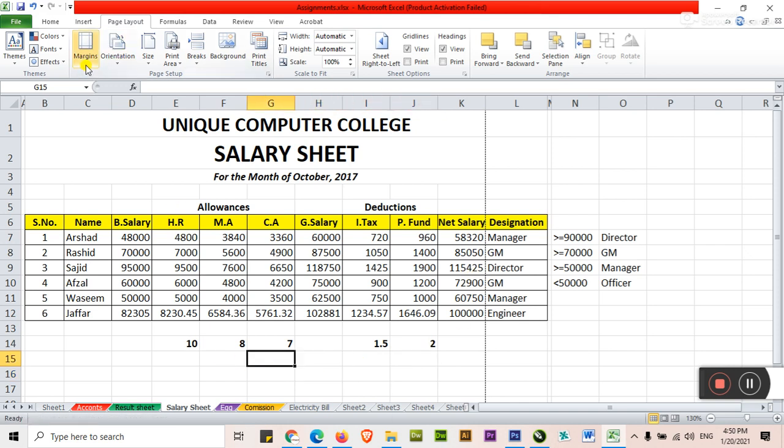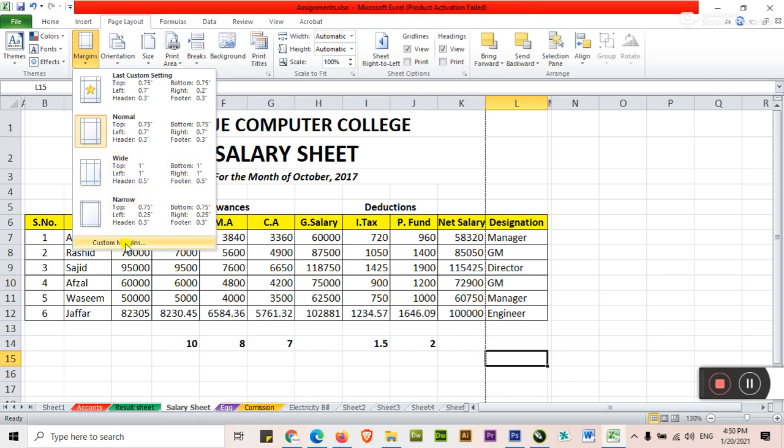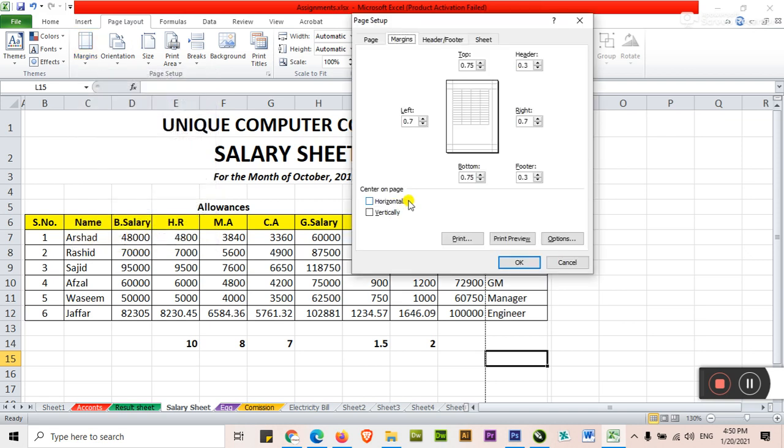First of all, you should go to the margin. You are watching the dotted line showing here, meaning one column is not in the range. Margin, custom margin. Here are the built-in margin areas that you can choose from. Here is the left side, here is the right side.